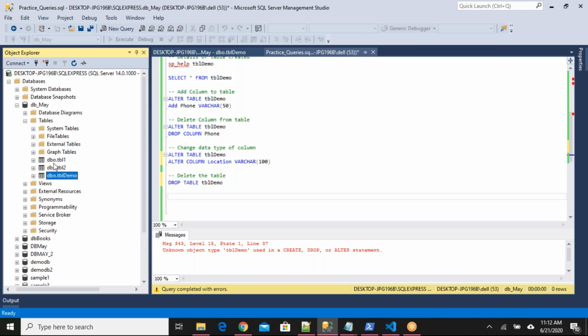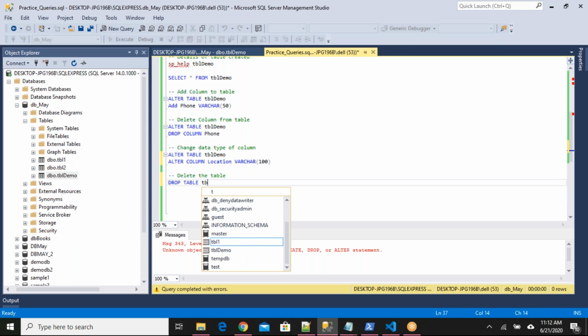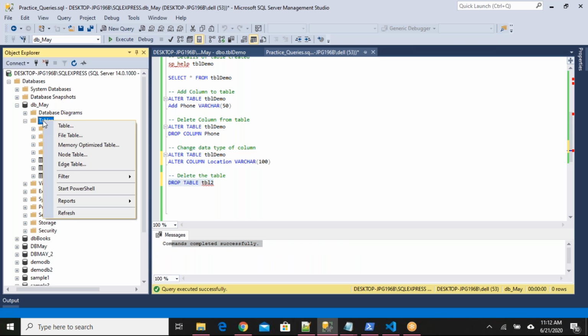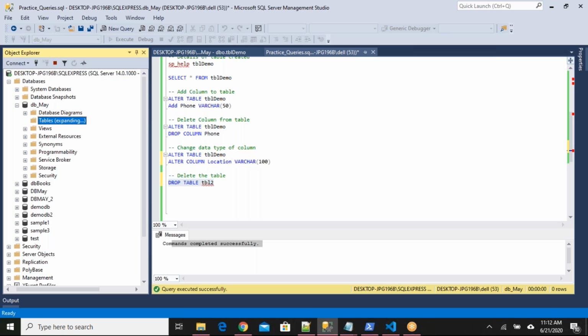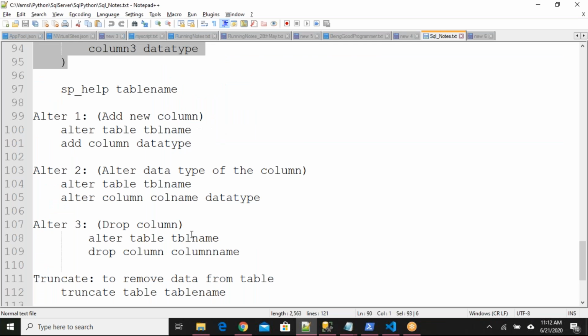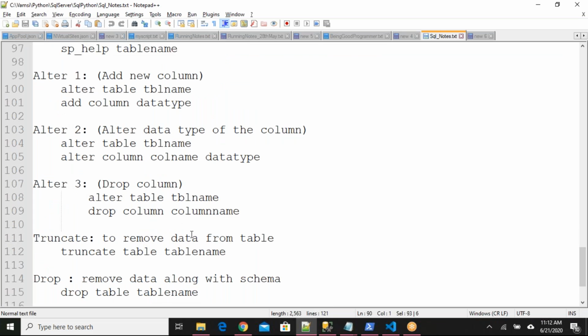Instead of tbl demo, I'll delete tbl2. Okay, so if I run this, commands executed successfully, and if I refresh, tbl2 is removed from here.